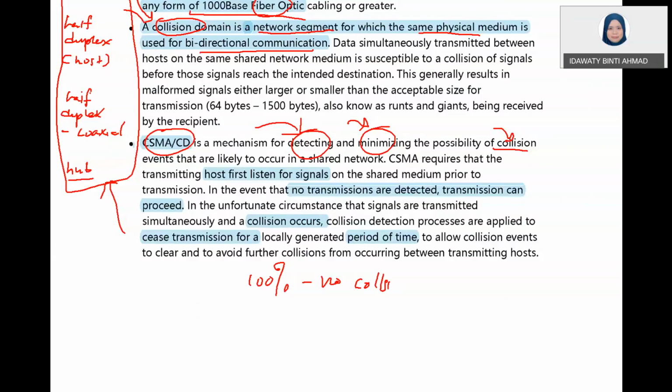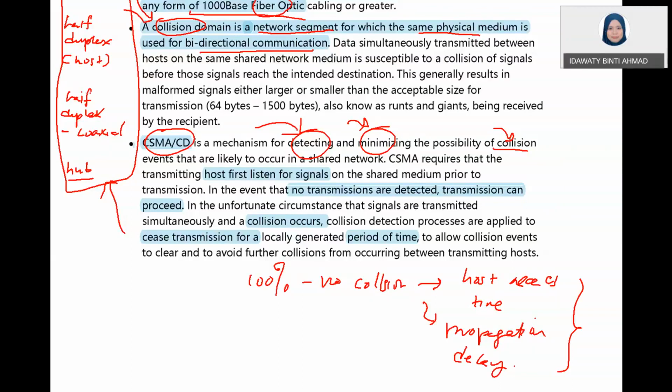This is because maybe the hosts access at the same time. And also the propagation delay, which I already told you in detail. I don't want to repeat it here, just listen carefully to the Ethernet videos. So these two will happen. You will find out that CSMA/CD is not to make 0% collision. Collisions also happen. You can detect and minimize them.